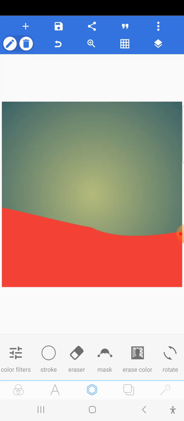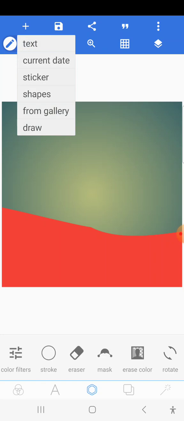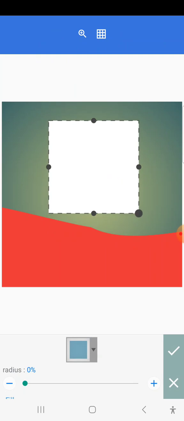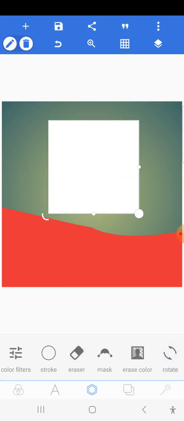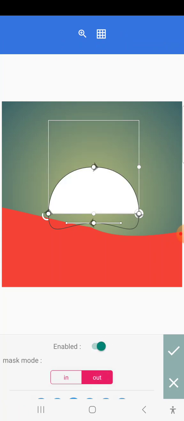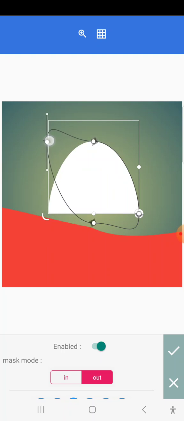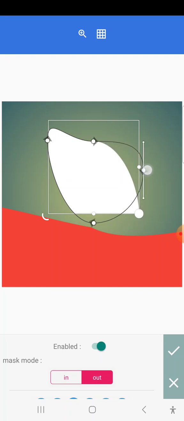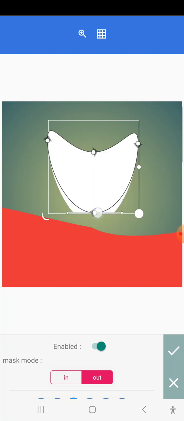And another thing you can do to shape, I'm just going to bring in another shape and create another kind of shape. So shapes, I'll still bring this in, I'll click OK, then I'll touch the mask again, I'll enable it, I'll out it. So I want to create a love shape, so I'm here, I'll go here, I'll take another one and take it here and take it here and bring this one in very well into the line. Then I'll